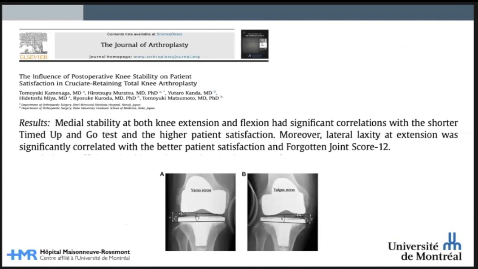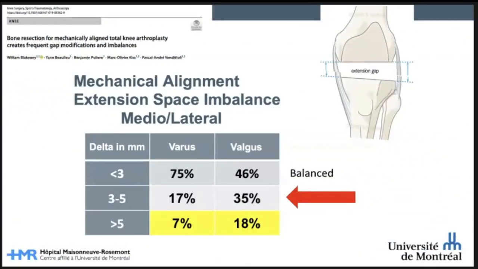People with a tighter medial compartment had a shorter time up and go and higher patient satisfaction, and lateral laxity, like in the normal knee, was also correlated with a better patient satisfaction and higher forgotten joint score. So the more we replicate the native ligament laxity and balance, the more we will achieve higher patient satisfaction and function. In mechanical alignment,